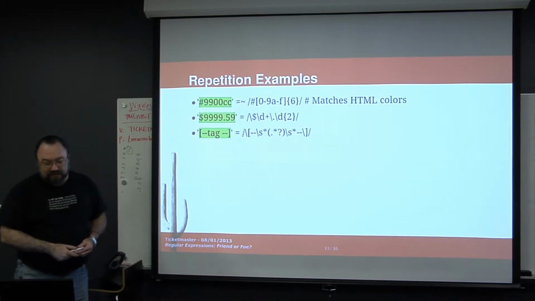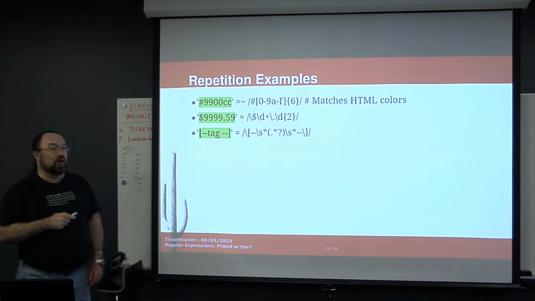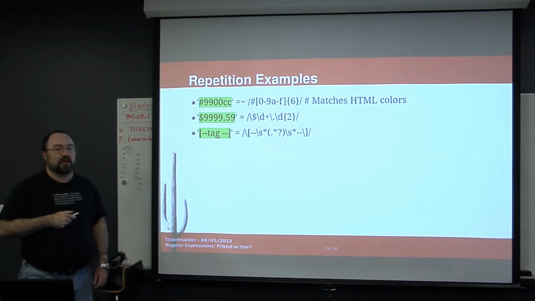All right. This is the one where I was telling you I was giving it away before I got to it. You notice that's what I did. I replaced that whole long thing and I just put a 6 after. It just means match this character set 6 times. We've got 6 hex digits in the color, and we've got our number sign up front, and so this matches exactly like the other one did.